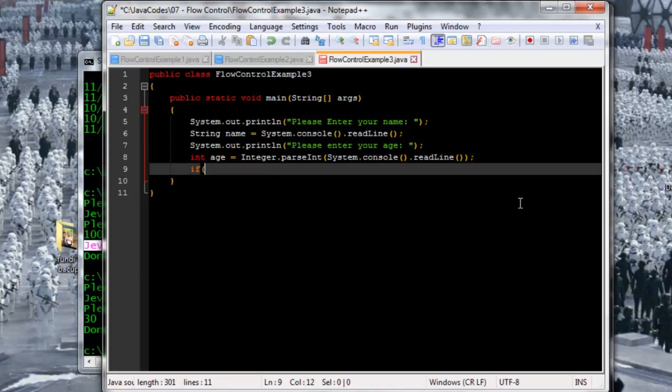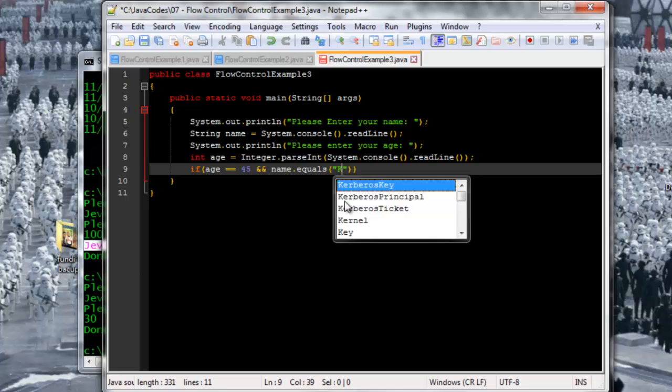This is how it goes. You can put an if statement, for example, and say if age is equals to 45, and put two ampersands here, and then say name dot equals. Now the dot equals method is a method of string that can be used to test whether a particular string variable is equals to another string. So for instance, if we want to test if the name is equals to, let's say, Kylo Ren,